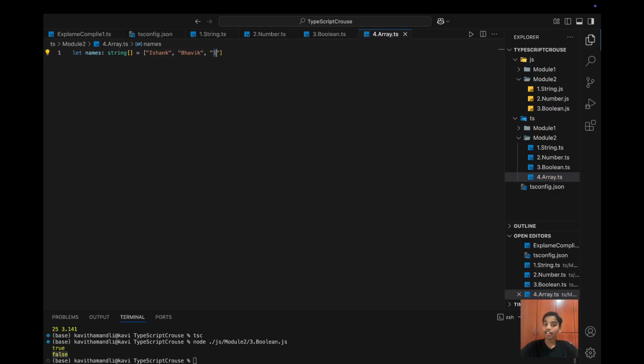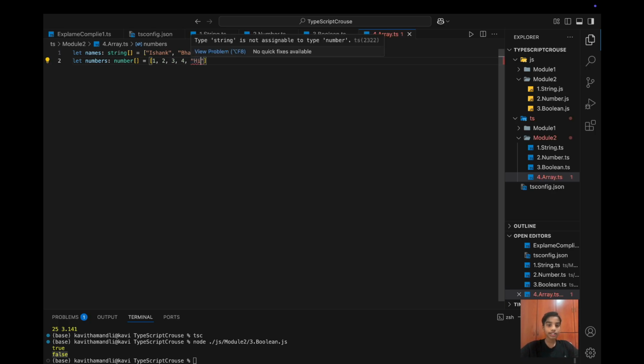But you can make it a string number, and that's still okay, because it's a string, not a number. And the same can be done with numbers, an array of numbers. So we can say number, and we put this syntax over here. So number and then our array, and we can put 1, 2, 3, 4, and then let me try putting a string of hi. Then it will give us an error, but then we can just replace it with 5, and it won't give us an error. Or we can also put any value we want, such as -1, and that's still